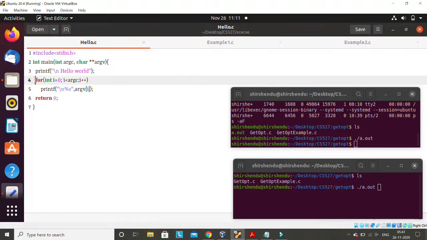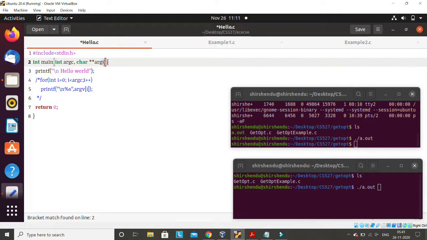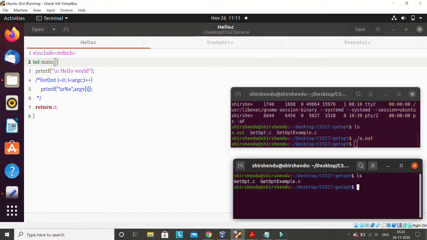So what I'll do here, I'll make these lines comments. I'll explain this next. It is not required now. Hello world, and I think these will not be required now. Okay, this is a simple program. So if I run that program, gcc hello, sorry, I'm in a different folder.